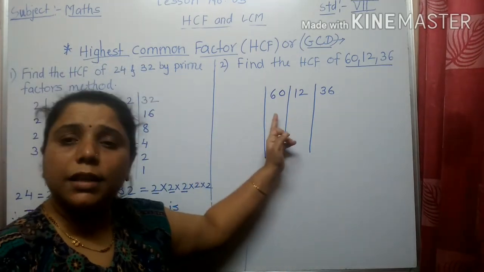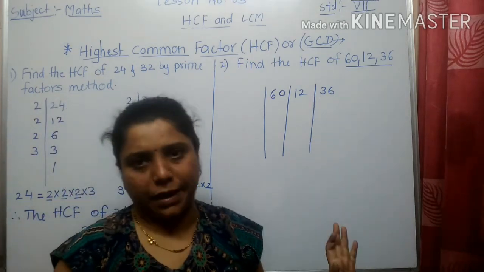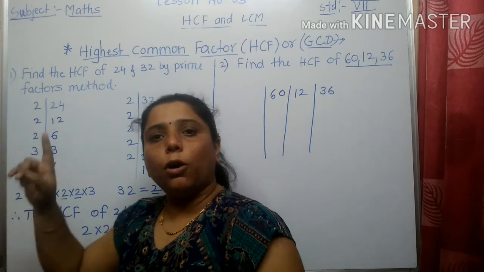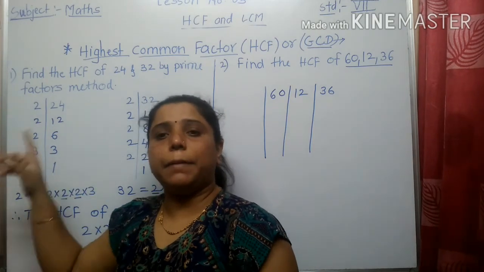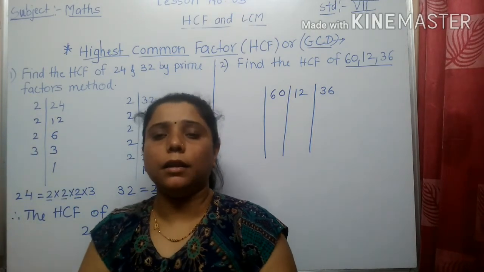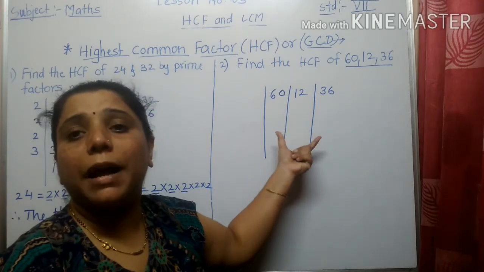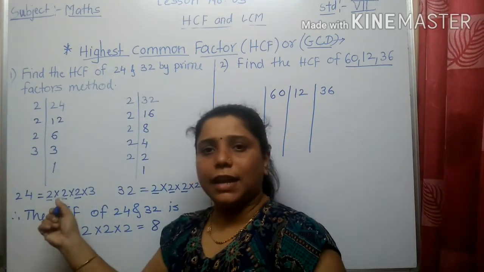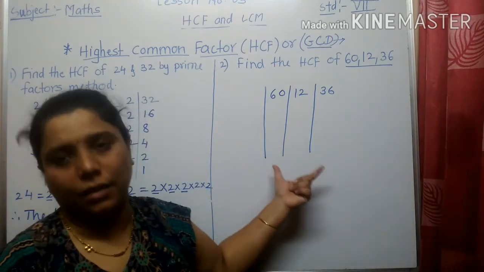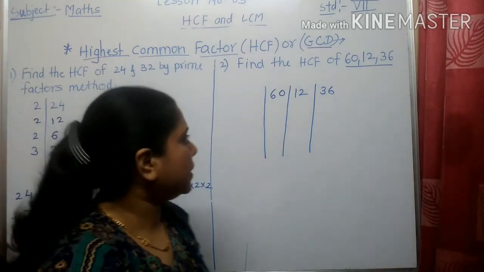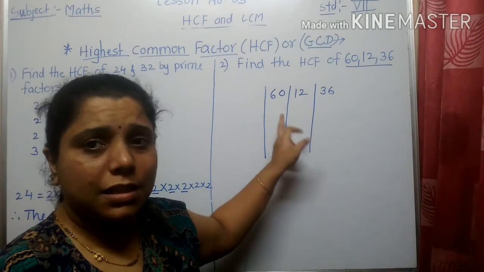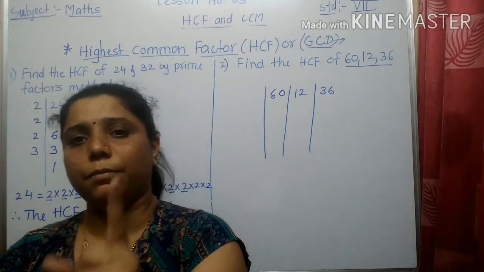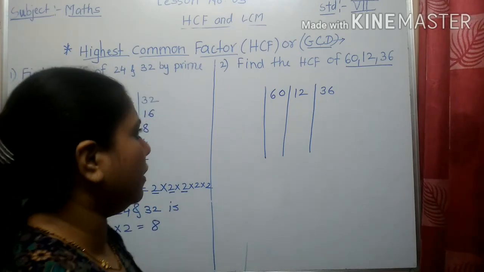When you are doing the separate vertical arrangement, you are showing both the numbers and their prime factors separately. Here you are combining together. So whichever you get at the last, you will get here directly. How? Now we will discuss. What I told, these 3 numbers should be divisible by one common prime number, which we will find out.